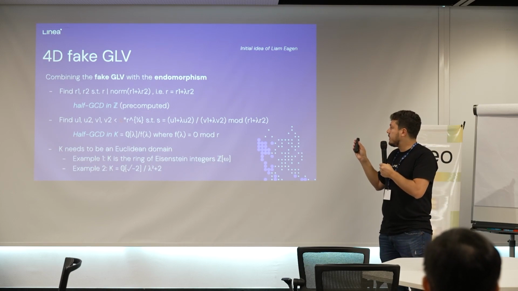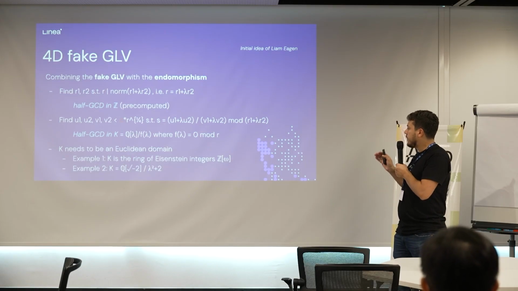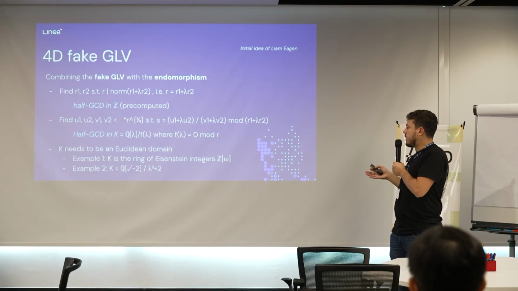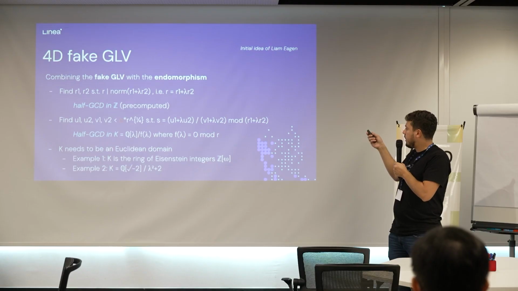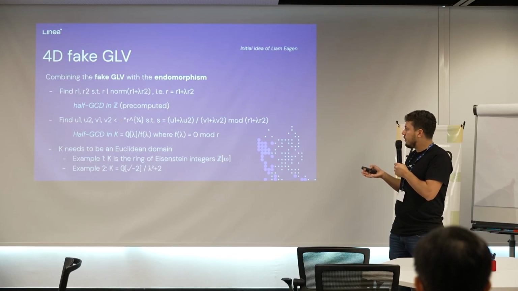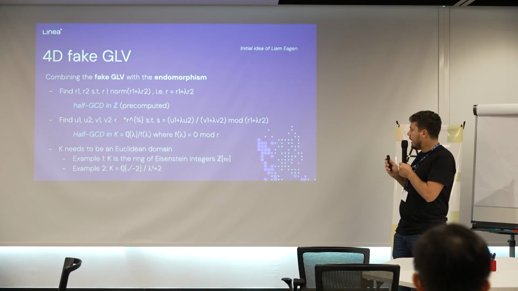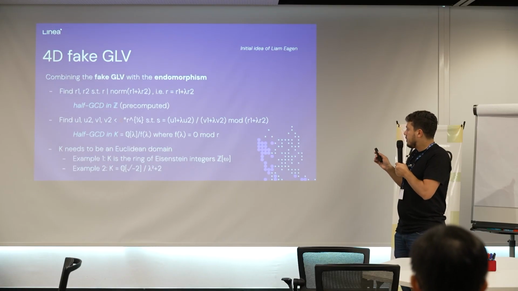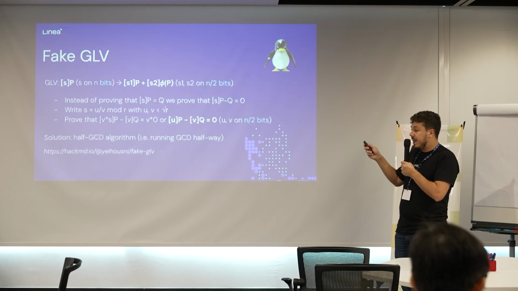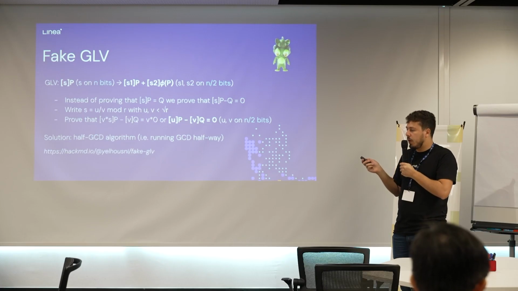And this is what we call 4D fake GLV, the 4-dimensional fake GLV. So if you have your subgroup order R, you can apply the half GCD on R, which is just writing it as R1 plus lambda times R2, with lambda being this fixed element, the eigenvalue of the endomorphism here. So we can precompute this. We know R1, we know R2. And then similarly to before, where we were looking for writing S as U out of V, mod R,